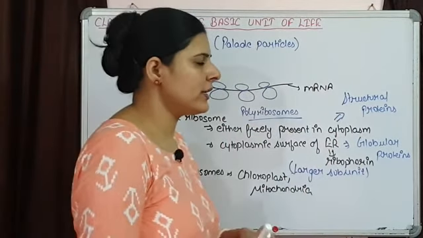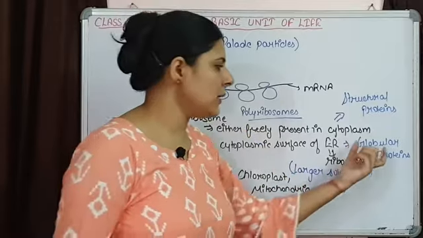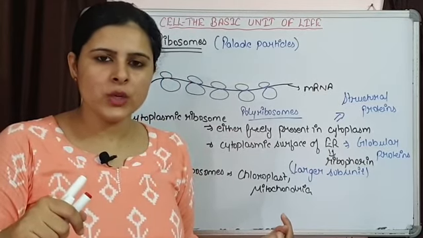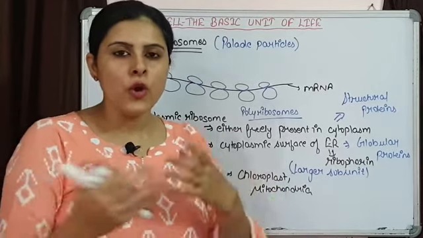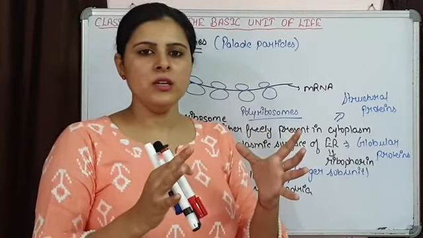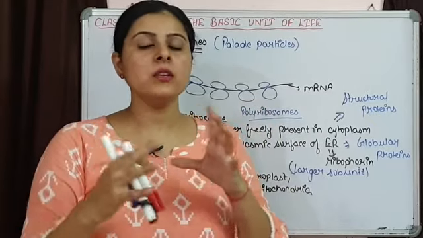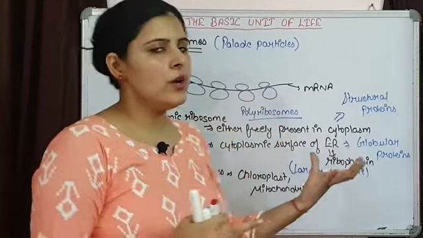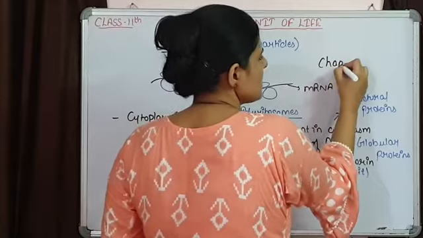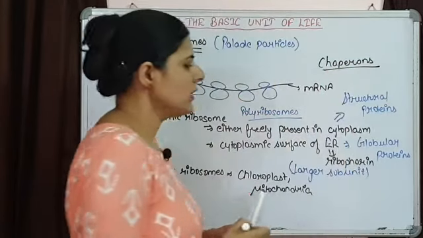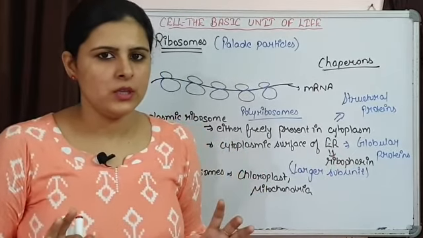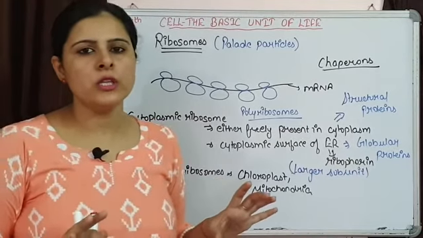Now these proteins, we already talked, these are not going to be the functional proteins, these are the precursors. So they are going to enter into the lumen of the endoplasmic reticulum. Lots of modifications will be there, folding of proteins will be there, because we know that most of the proteins are functioning in tertiary or quaternary structure, and these are the 3-dimensional structures. इनकी फोल्डिंग होती है और फोल्डिंग में स्पेशल टाइप ऑफ प्रोटीन्स इन्वॉल्व होते हैं, these are known as chaperones. So later on the protein folding will be done and they will be converted into fully functional protein. So this is how ribosomes are involved in the formation of